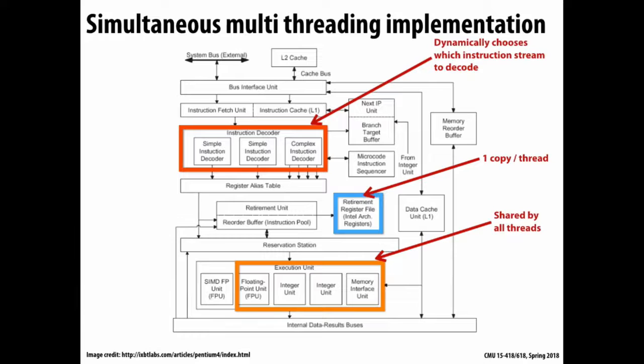But the idea is, in a modern out-of-order processor, there's so much hardware there for doing other stuff that it's relatively cheap to throw in enough logic to support a couple of threads running on it. What you have to do is replicate the registers so that each of the threads has its own independent set of registers. But they can share those execution units down there, and they can share the memory and the caches,